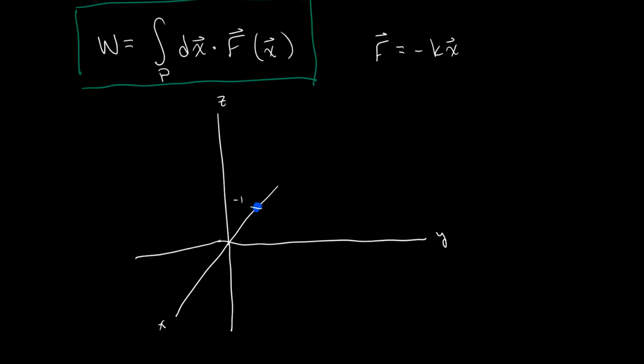And then we'll move it to a point in the YZ plane. So we'll move it to 1, 1 in the YZ plane. So it's going to come up to here. And then we'll bring it back down to the positive x-axis. So we'll move it back down to 1 on the positive x-axis here. So it comes back down to here. Okay.